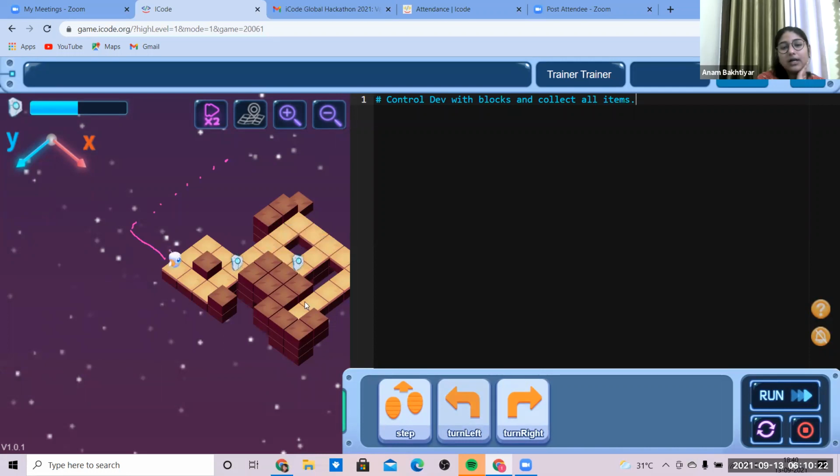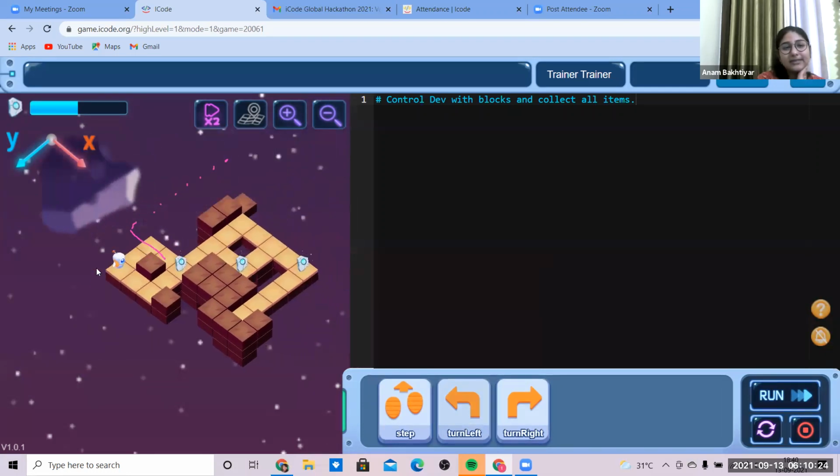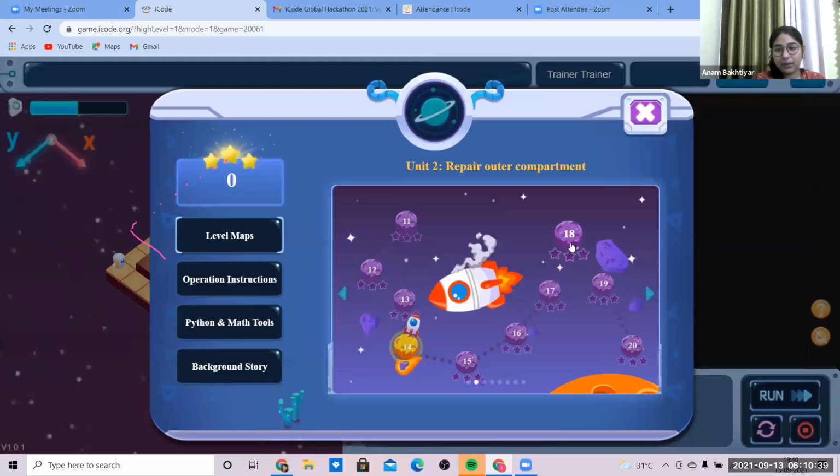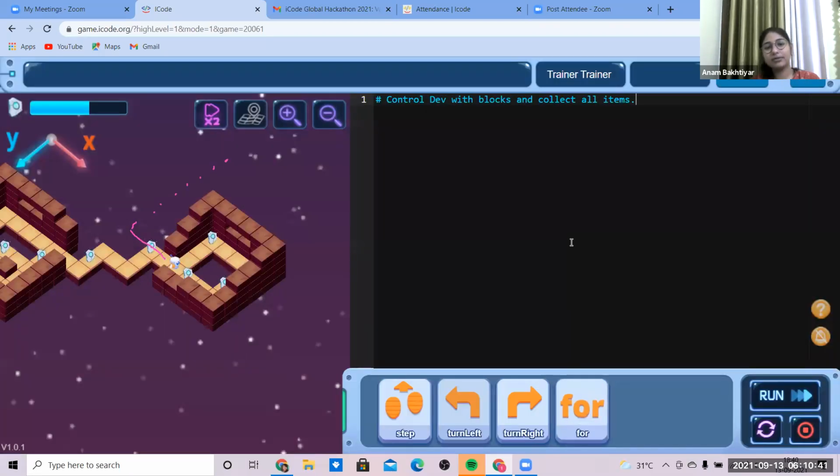So the ones who are new, just try out with these levels as well. This is following the same approach. Either move forward, turn right, move forward, turn right, move forward, turn right. So just go for it. And there was a person who was having problem in level number 18. Let me see that, what was the problem? Then we'll come back to this area.